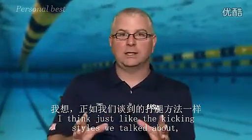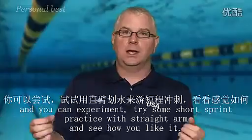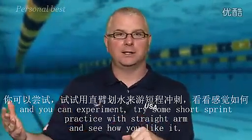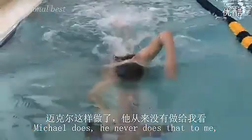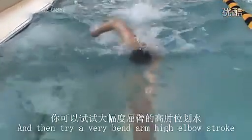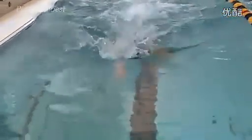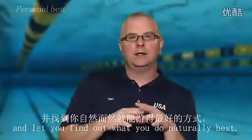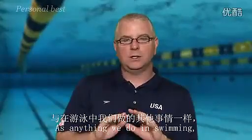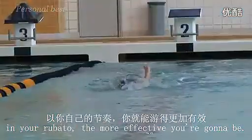I think just like the kicking styles we talked about, all swimmers should be able to do each of those. And you can experiment. Try some short sprints and practice with straight arm and see how you like it. Michael does. He never does it in a meet, but it's a good tool for him to use in training. And then try a very bent arm, high elbow stroke, where your hands are virtually touching your head. This will just give you a variety, and it'll let you find out what you do naturally best. As anything we do in swimming, the wider variety of skills that you have in your repertoire, the more effective